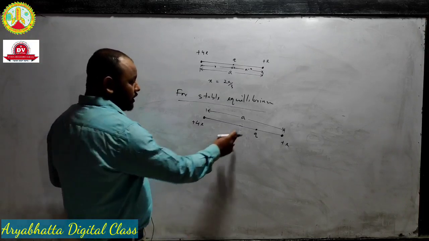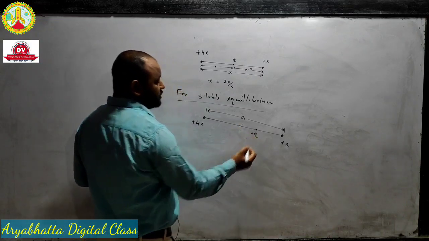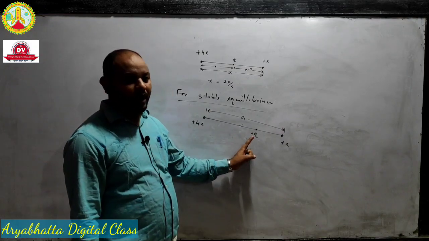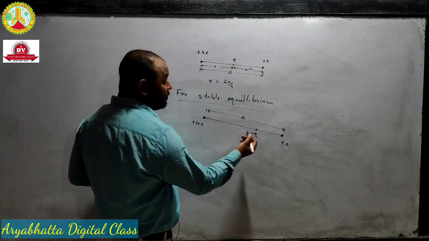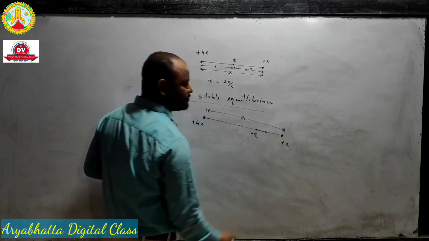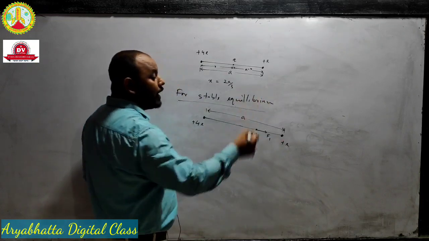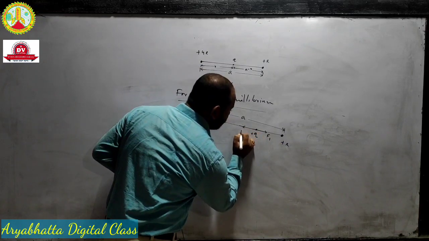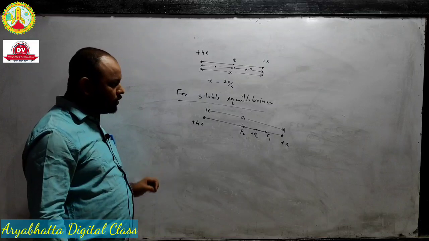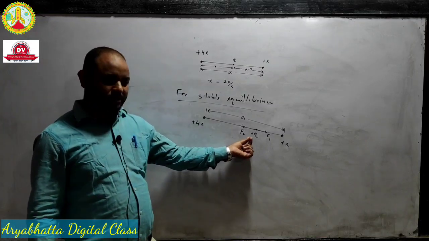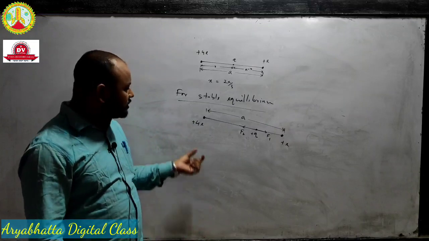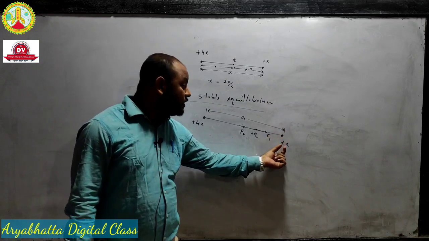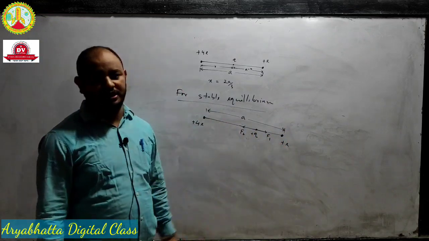Okay, for stable, if we take a positive charge, if this q is positive, what happens? Plus 4e will repel plus q in this direction with a force F1, and plus e will also repel plus q in this direction with a force F2. That means if we take a positive charge in between the two positive charges, plus 4e will repel this plus q in this direction and plus e will also repel it in this direction.